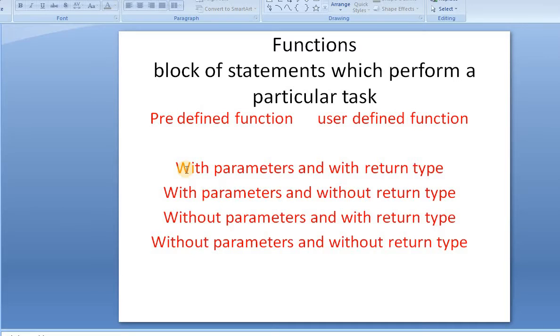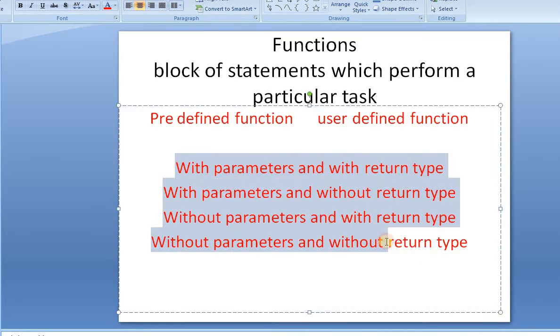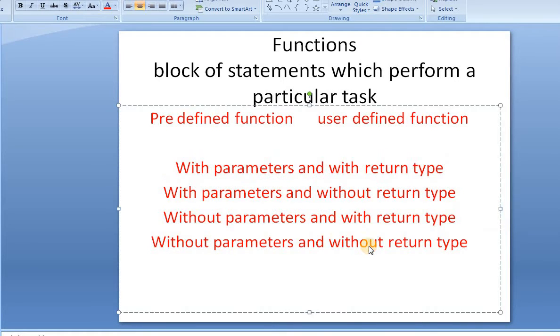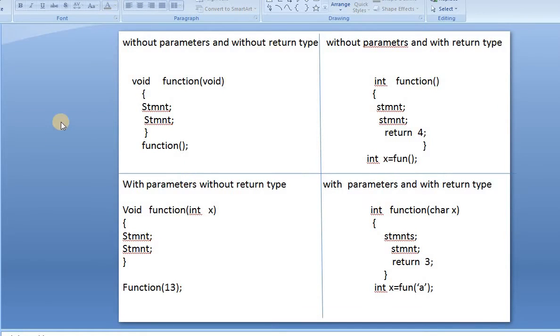We have four types: with parameters and with return type, with parameters and without return type, without parameters and with return type, and the last one is without parameters and without return type. So we have four user defined functions. These are the main concepts, so let us see each one and their syntaxes in detail.